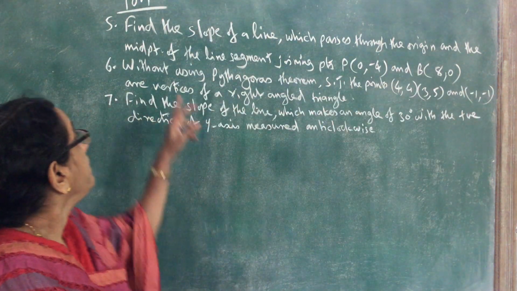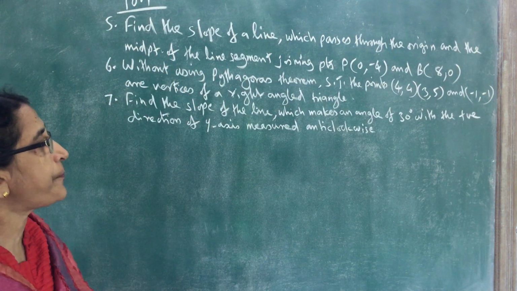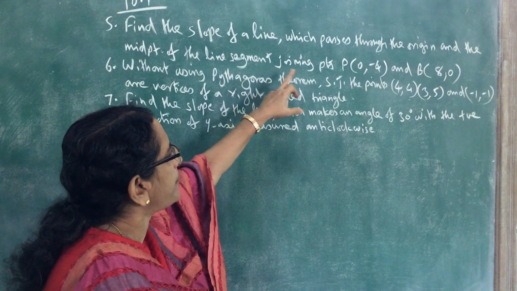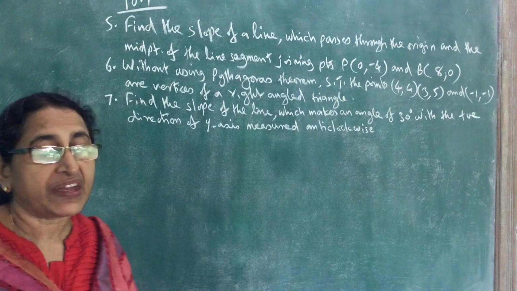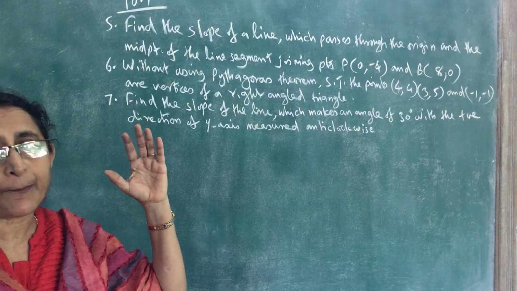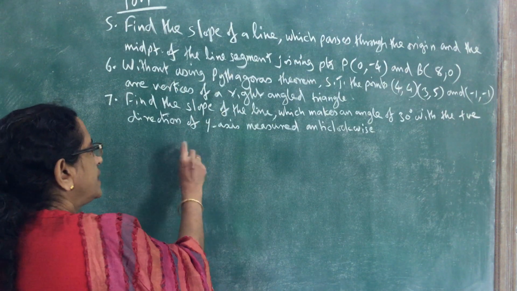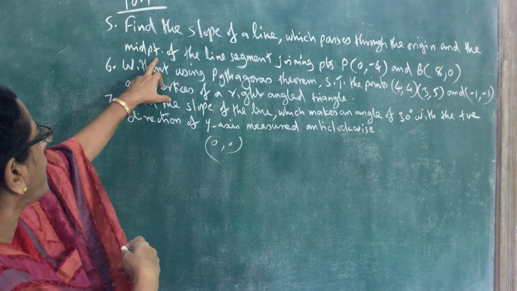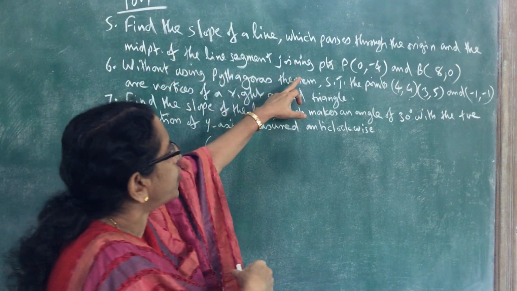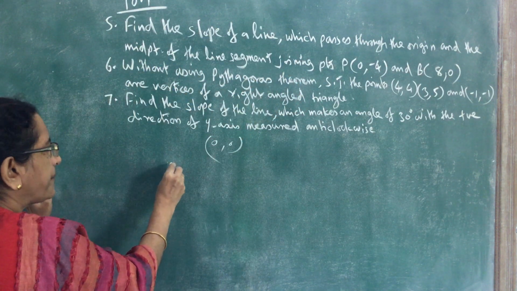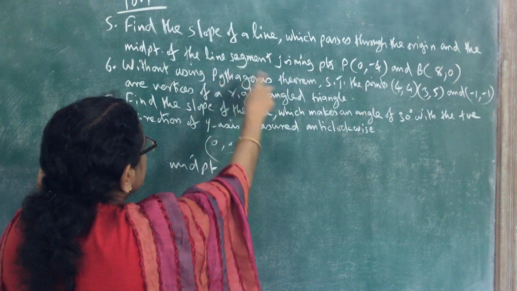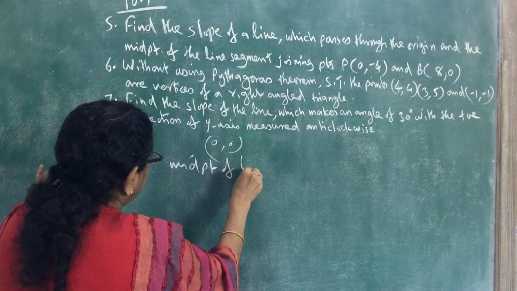Fifth one, find the slope of a line which passes through the origin and the midpoint of the line segment joining the points P and B. So we have to find the slope of a line passing through the origin, 0, 0, and the midpoint of the line segment joining. So first we can find the midpoint of the line segment joining,